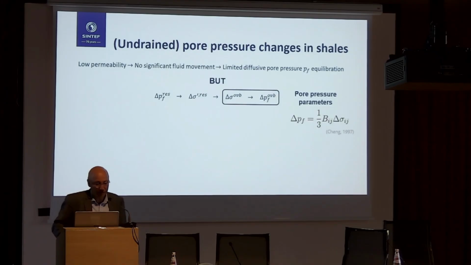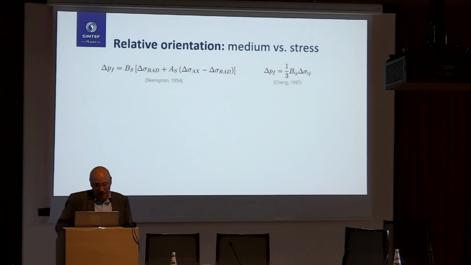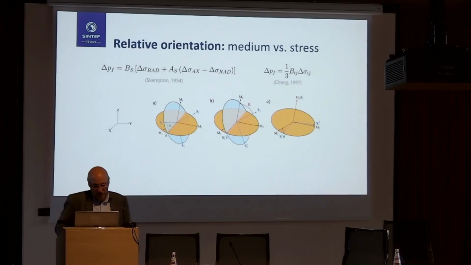So as we said, we have low permeability, no significant fluid movement, so limited diffusive pore pressure, but we still should see a change in the pore pressure. I will not spend time on the equations, this is something that is well known. This is the poroelastic coupling, and we have these coefficients B and A, which are the Skempton parameters. Usually one assumes isotropy, so they are bunched into one, but it turns out that it's difficult to do in